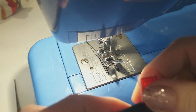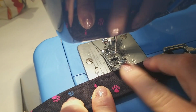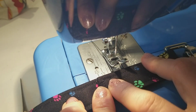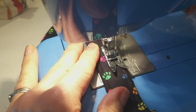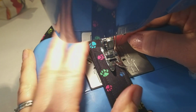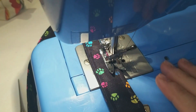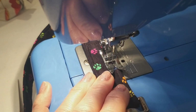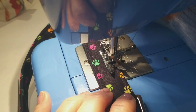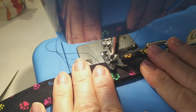Okay, so take the clip out now, bring it to the machine, and we're going to secure it by sewing a square and then a cross through it. And you probably recognise these when you've seen other sort of handles. There is quite a lot of bulk at the end here, so just put your presser foot in front of that so it's lying flat and it's not up on an angle, and then go forward, go back, and then we're going to turn the corner to create our, it'll be more like a rectangle than a square really. Go down,